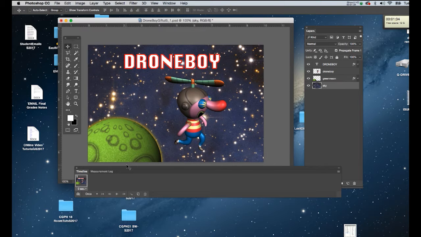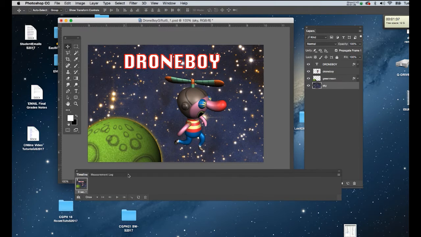Now, there are no buttons available here quite yet, with the exception of this one that resembles our new layer icon from our layer window. This says Add Frames. One other change I'm going to make before I start is over here where it says Once, I'm going to change that to Forever. What that means is that it will continually loop my animation while I'm developing it, and it will also loop it when I finally export it,